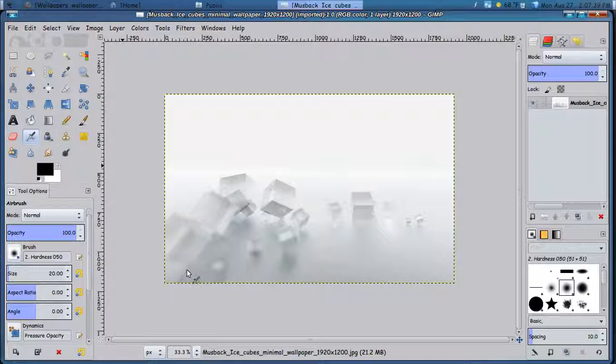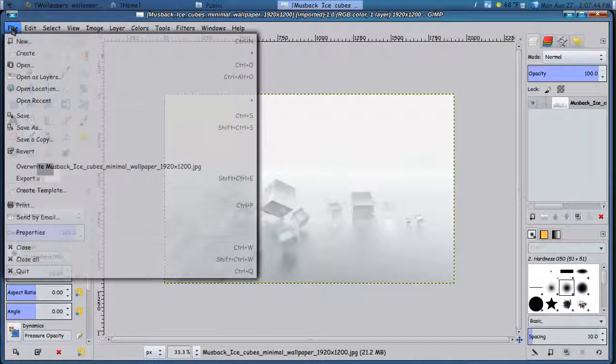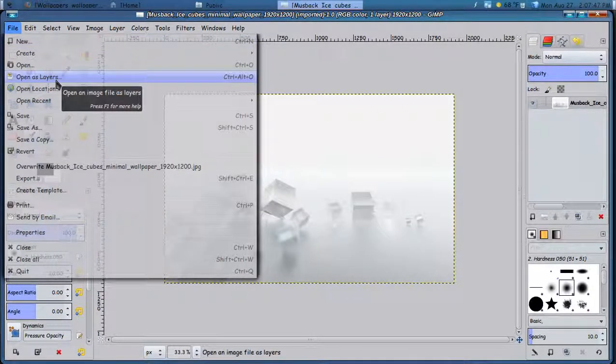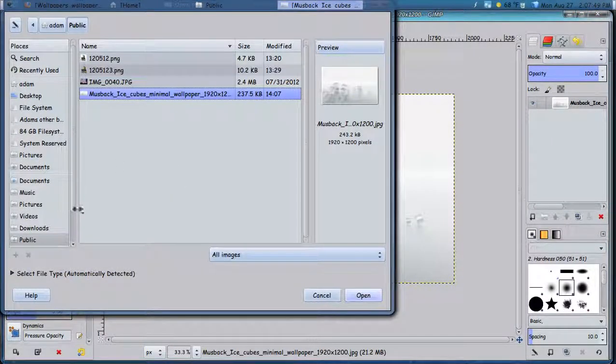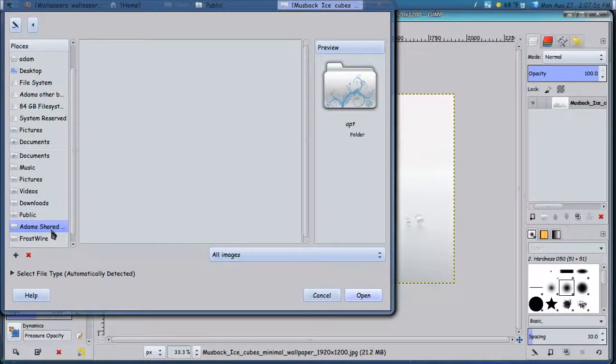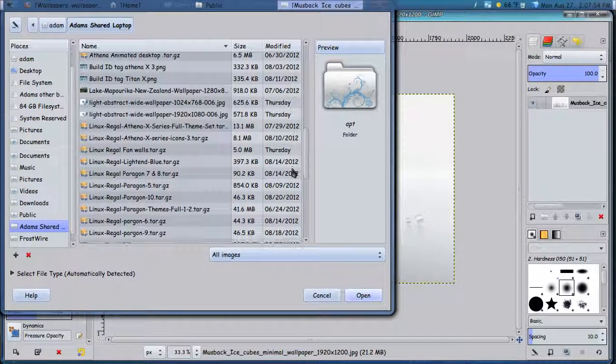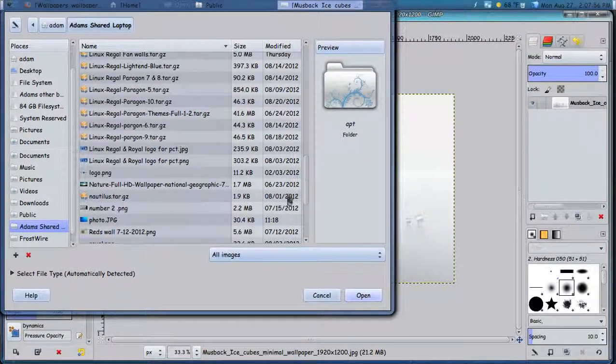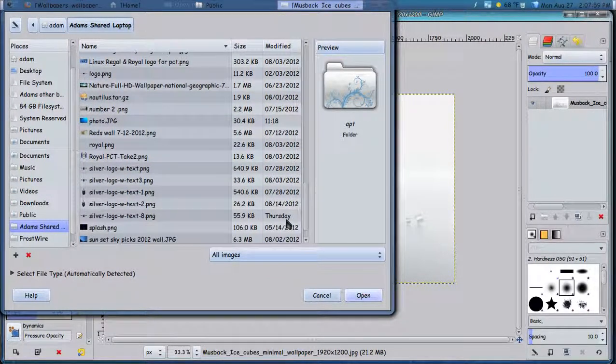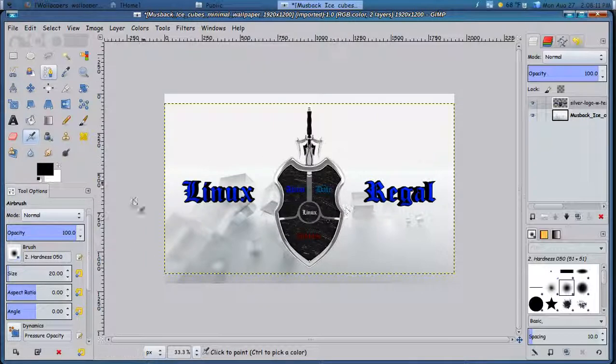Okay, here's our image. If you like the image the way it is, good. If not, you can enhance it first. Now we want to add something to it, so we're going to open an image as a layer. And now we're going to find our logo, and go full-sized. Okay. So now we see that our logo is there, but we don't want it anywhere near